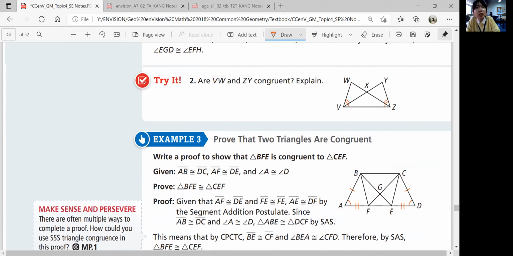Okay, since WVX and YZX, they're congruent. And XVZ and XZV, they're congruent. So these two angles are congruent, right? So we can say, because these angles are congruent, VZ and VZ is congruent to itself, we can say that, also WZV, and using